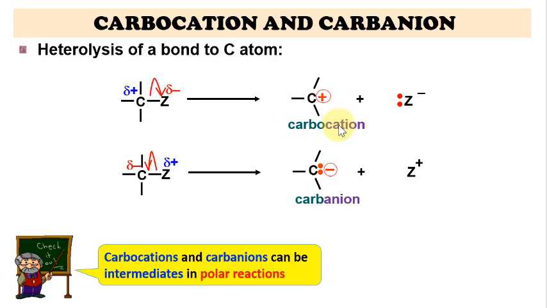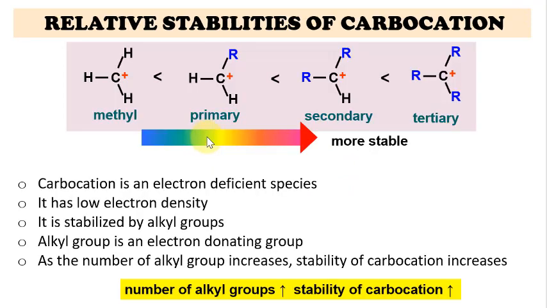Heterolysis of a bond to a carbon atom may produce a carbocation, which is a carbon with a positive charge, and also a carbanion, which is a carbon with a negative charge. Like carbon radicals, the stability of a carbocation depends on the number of alkyl groups attached to it. So, the types of carbocation: first, we have the methyl, where there is no alkyl group